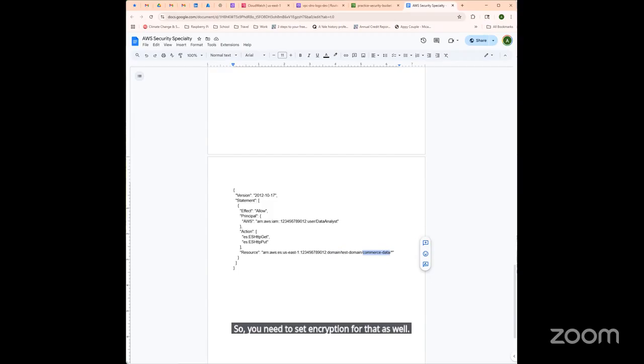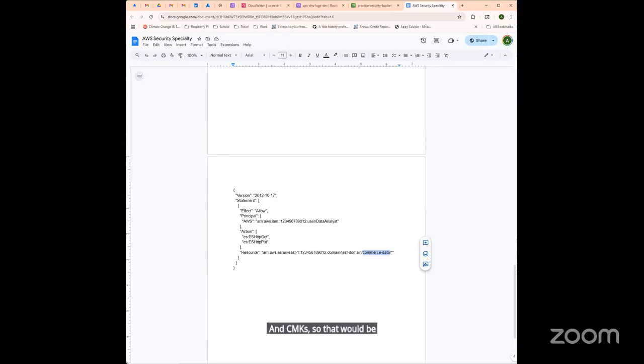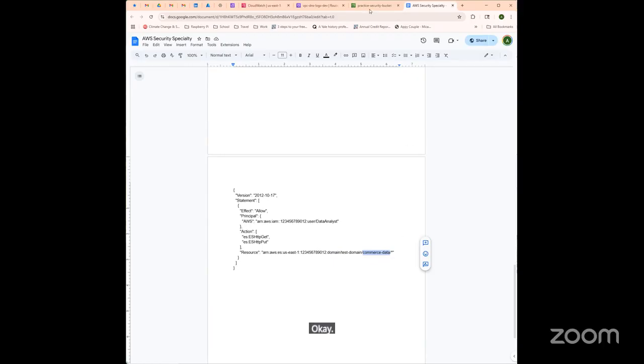And then you might be on the exam asked to talk about encryption standards like KMS, key management system, and CMKs. So that would be customer managed keys. And then you might be asked to talk about TLS or MTLS, about that communication encryption in transit. Okay, so after that,